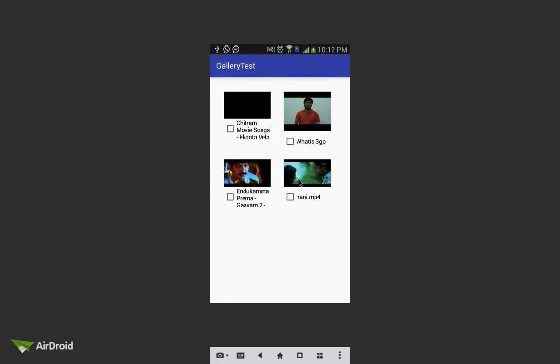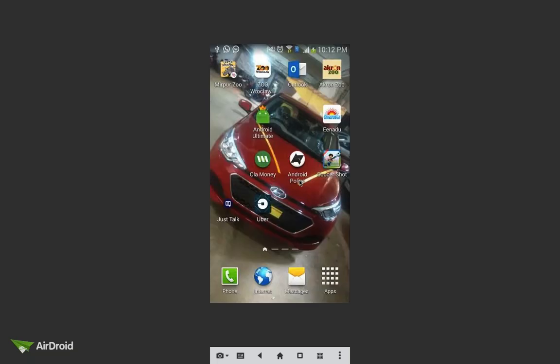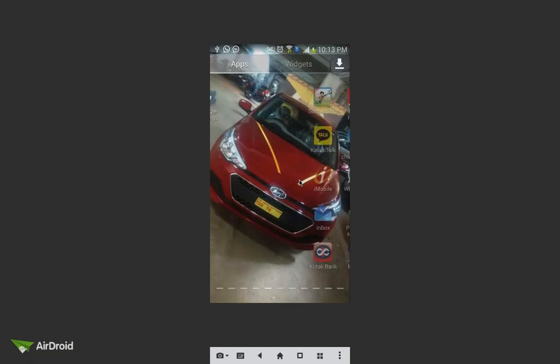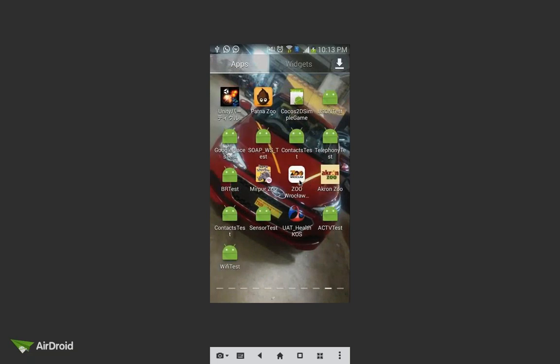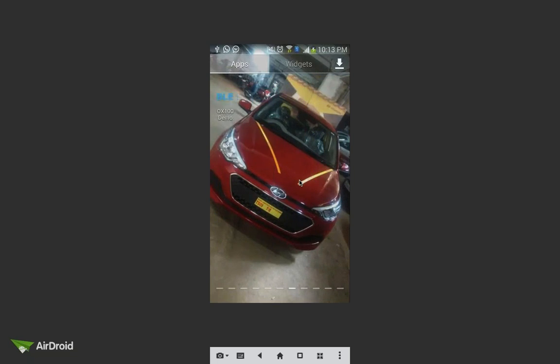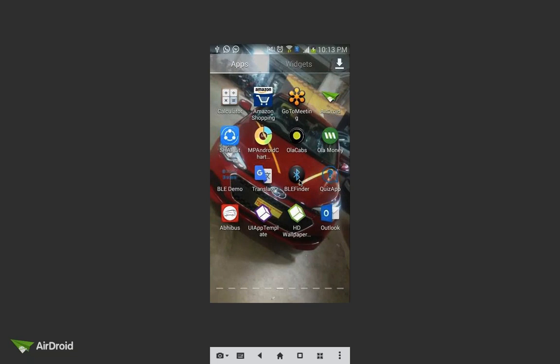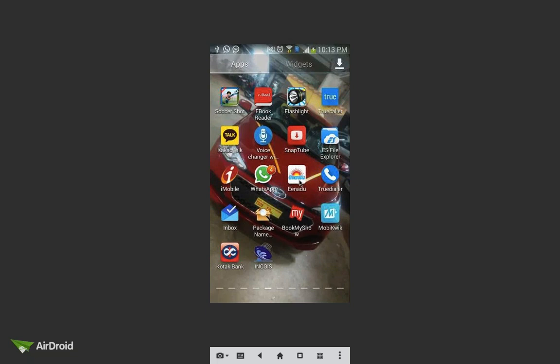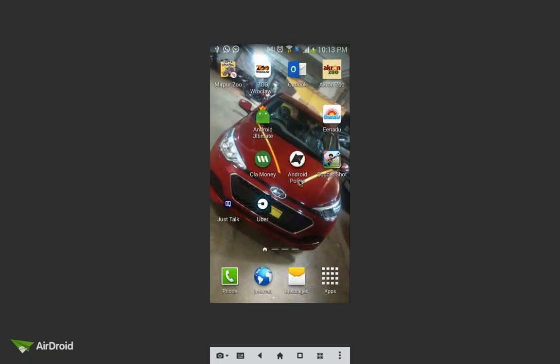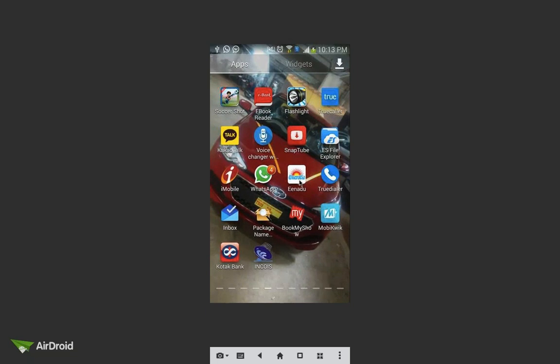This gridview component with custom adapter, you can find in a lot of places. For example, take the main home screen in your application. Do you know what this UI component is? It's a gridview component. The data is presented in a rows and columns format. And if you take this file explorer,